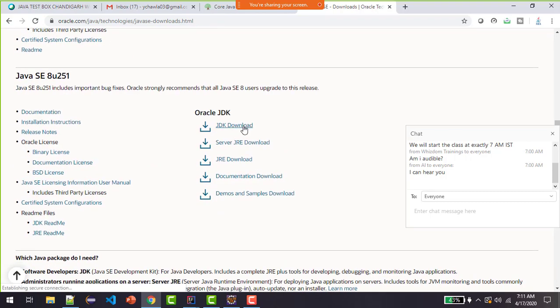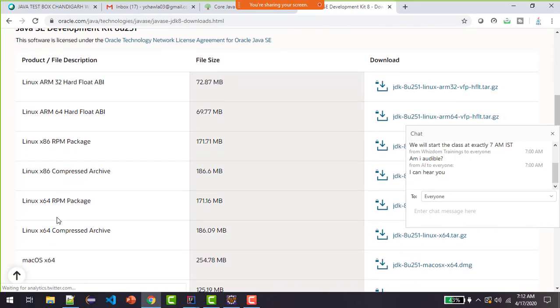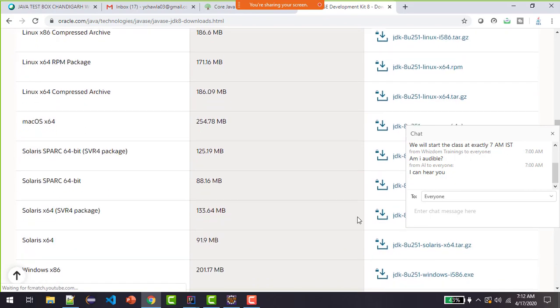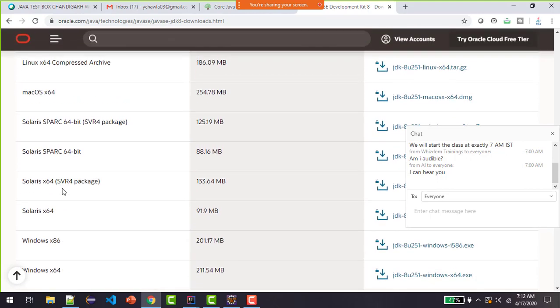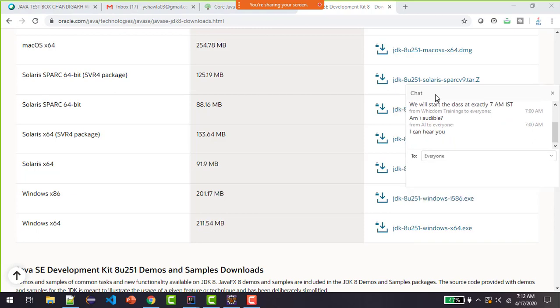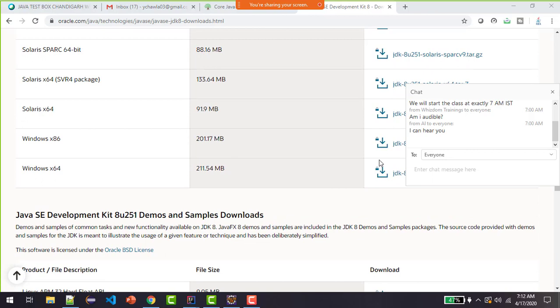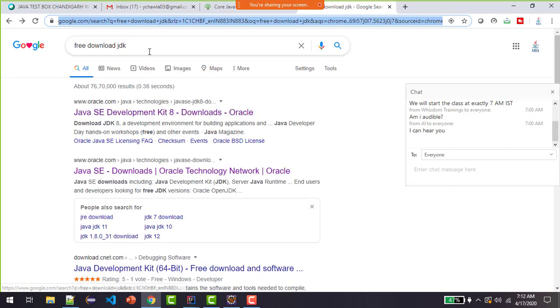Here if I click on JDK download, it takes me to this very page. Based on the operating system, I can download the JDK. Mac, Windows 32-bit, 64-bit, Solaris, Linux, all operating systems are there. If I click on them, they will give me the exe file, DMG file, tar file, gunzip file, whatever I need to run it on my local environment, right? I have them already got as part of my own system. I'll show you, but this is where you can download JDK and this is where you can download the JRE,